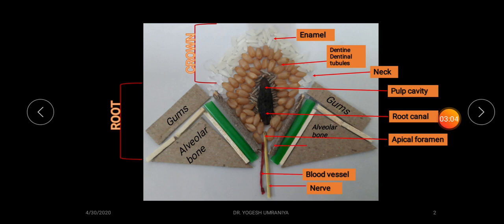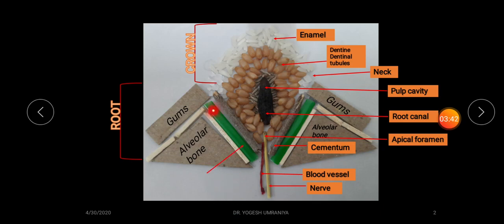Next, you can see just covering this dentine in the root of the tooth, this brownish structure that is known as the cementum, which has two components, cellular as well as acellular. Cellular cementum is located at the bottom, and the acellular aspect is located at the top level, nearer to the neck of the tooth.